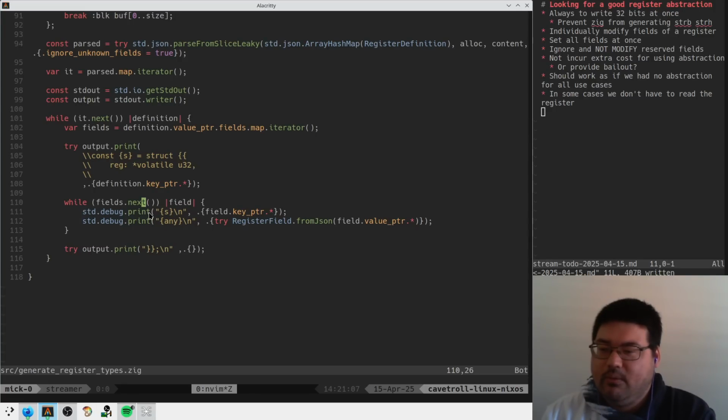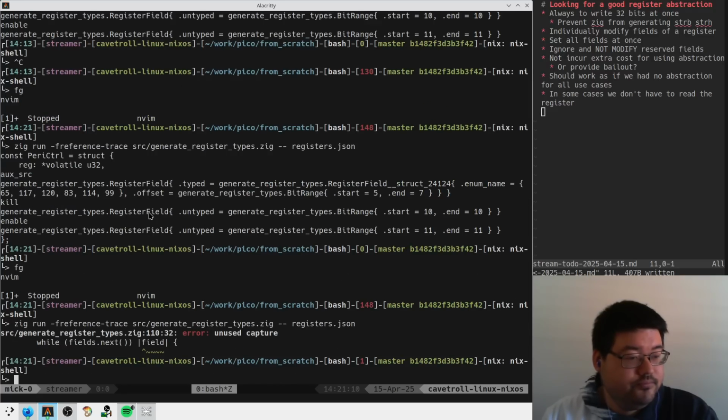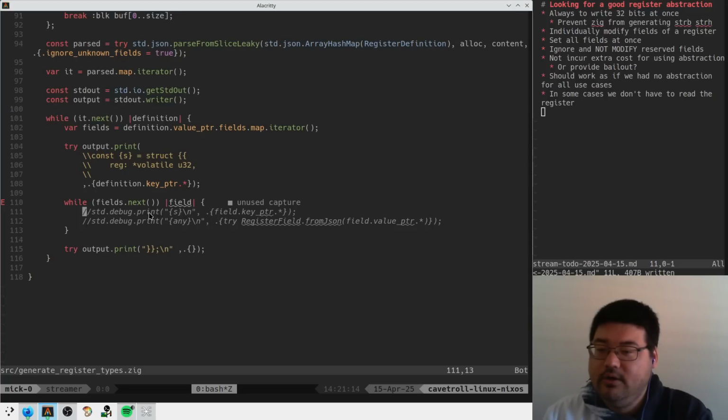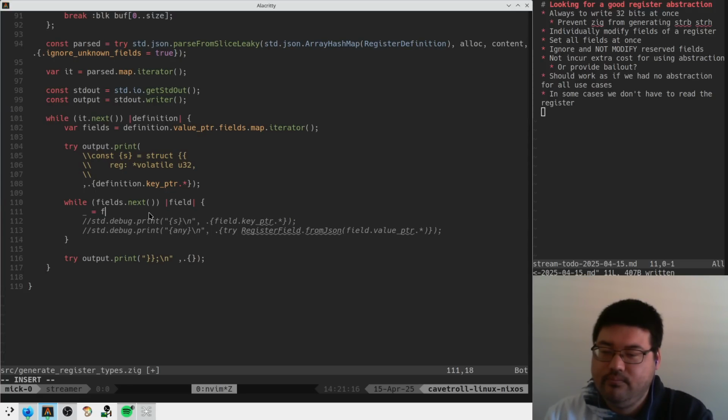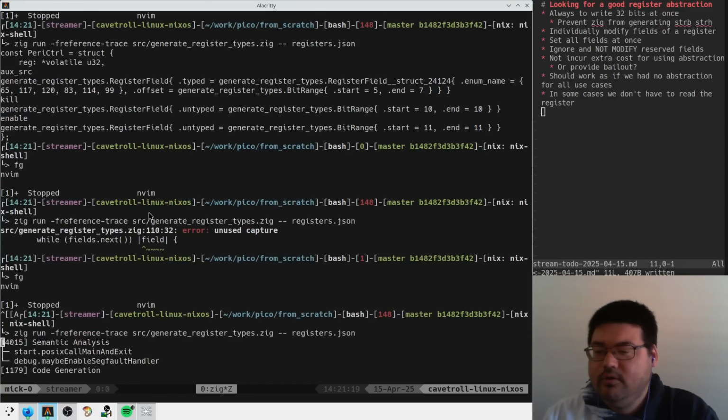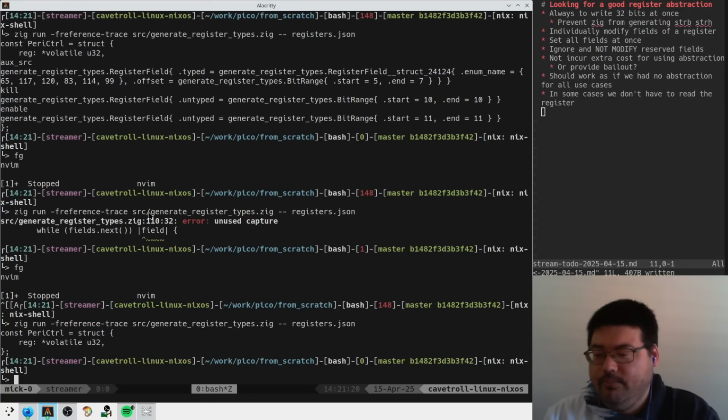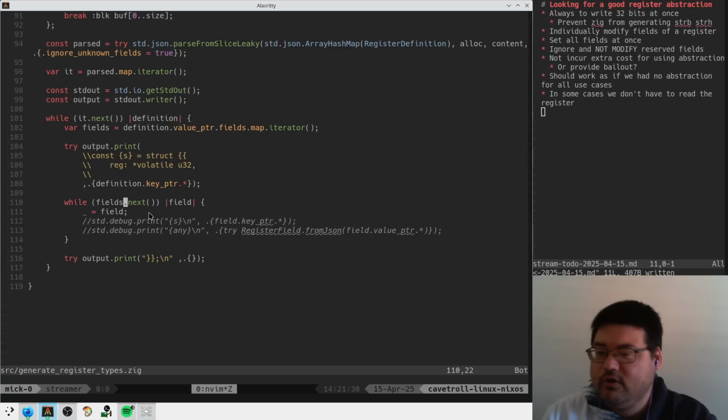All right, what's this do? I guess we want to get rid of these debug prints now. Boom. Okay, there we go. We did it. We have a period control. Okay, so what do we want to do? We want to iterate each field, and for each